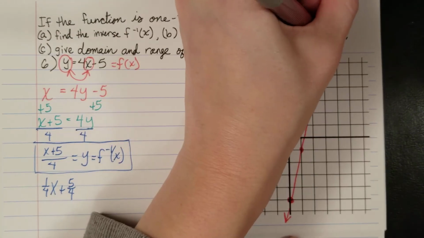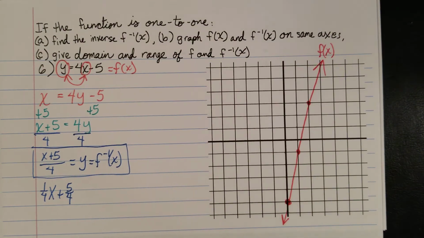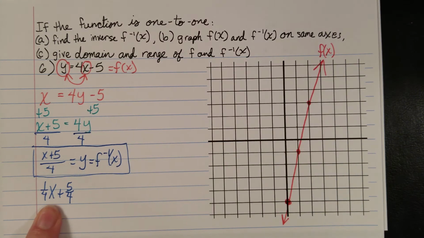Okay, so that's the original f of x. All right, then they want you to graph the inverse on the same graph. Instead of trying to graph this, which if you're doing it on the computer might be completely impossible to do by plotting the y-intercept and all that,